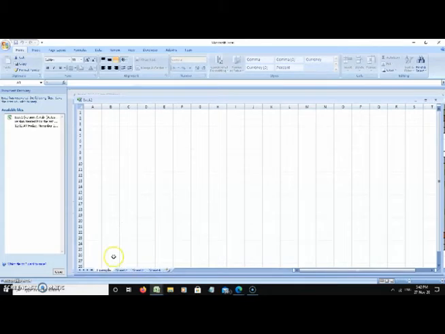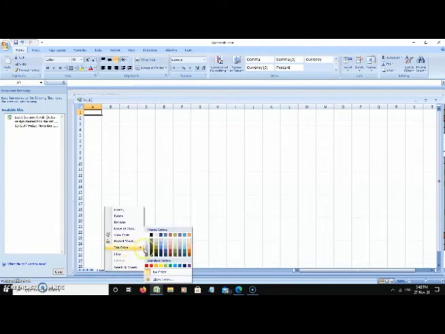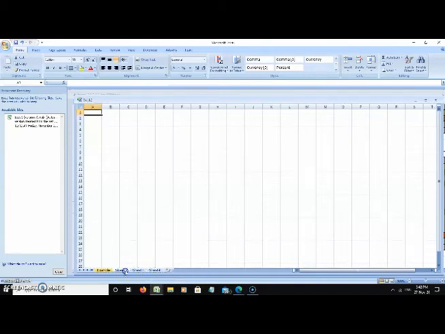and on the bottom here you can see that there are different tabs. You start off with 3 spreadsheets. You can add more, you can rename the spreadsheets, and you can recolor them. So I've created one here which just says example,